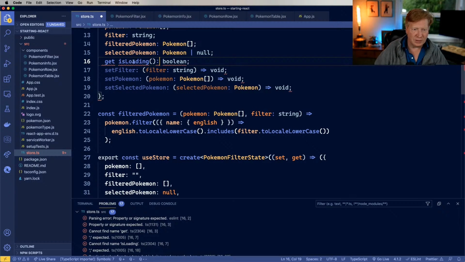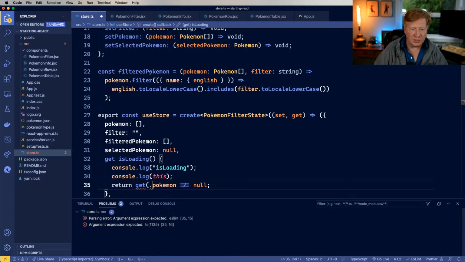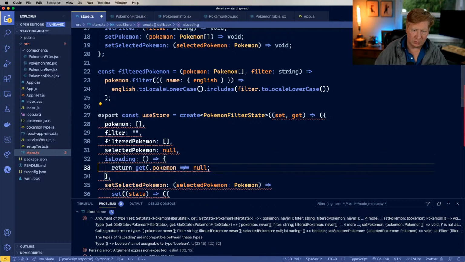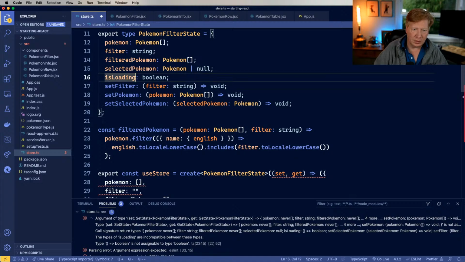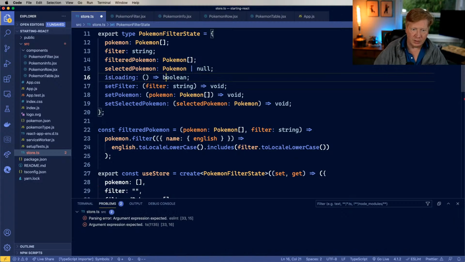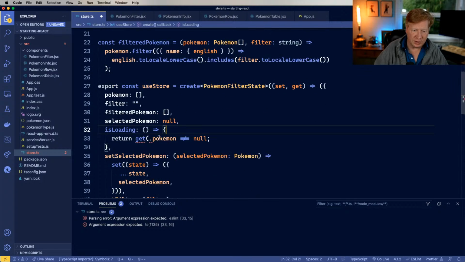Is that right? Okay. Well, let's do isLoading as a regular function. isLoading is a function that returns a Boolean. All right. Now at least